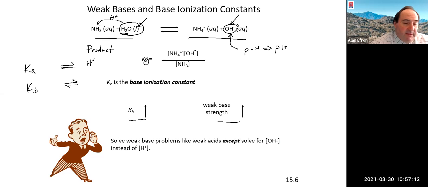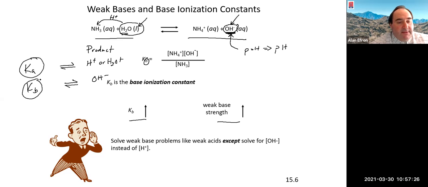If you have H plus or H3O plus there, you should probably be using a Ka value for your calculation. If on the product side you produce hydroxide, like we see here, you should probably be using a Kb value. So it's really important to be able, again, to write these equations and also be able to recognize what you've got going on. There will be problems coming up in this chapter where, I guess I'll say it this way,